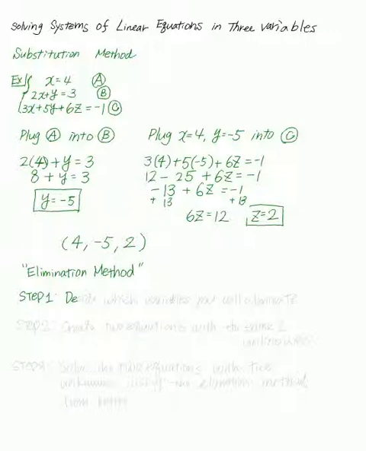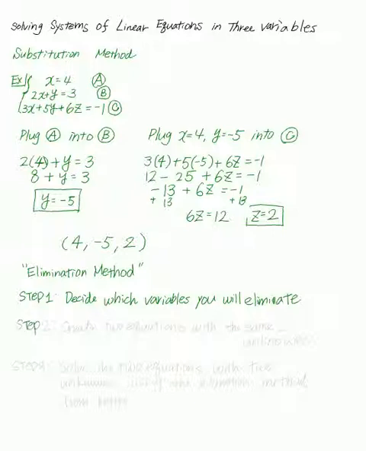Now, you're given a choice of 3 of them, and what we're going to want to do with our examples is decide which of the 3 is going to be the easiest to eliminate. So, for example, if we just wanted to eliminate the z's, and it was easy to eliminate the z's, then we would have